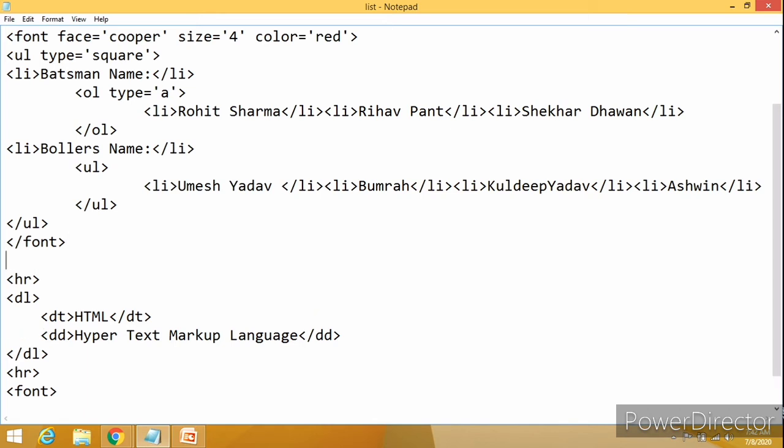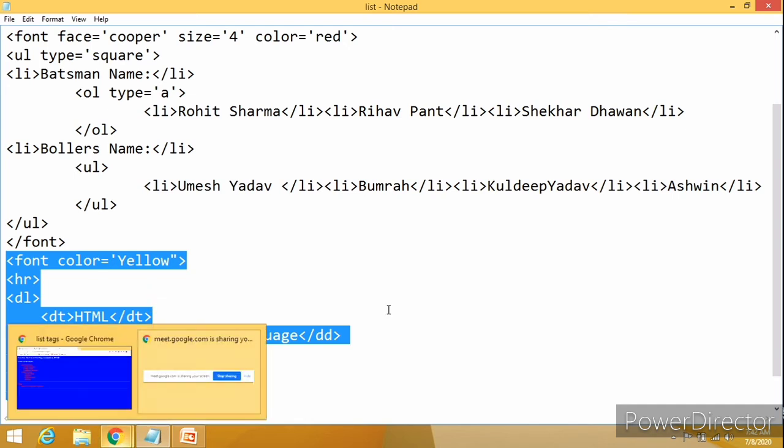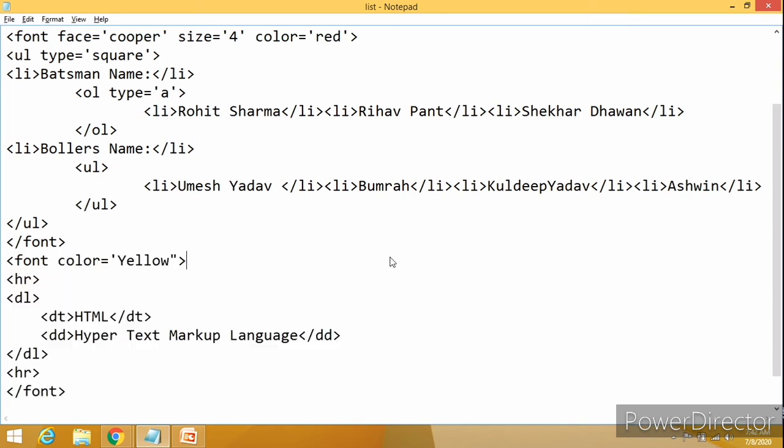We have to use simply the font tag. I want to apply the font tag over here as font color equal to, suppose, yellow. This font tag is used for this content only, so you will get this in yellow color. Let us see.